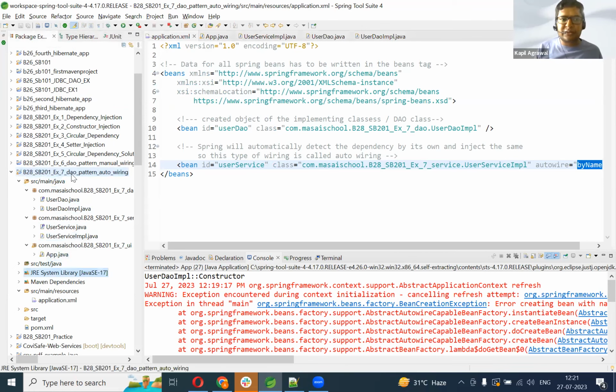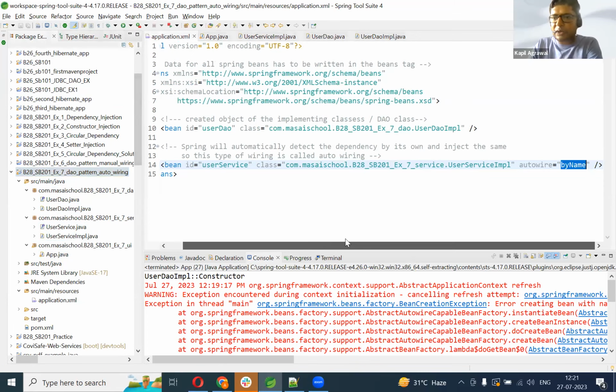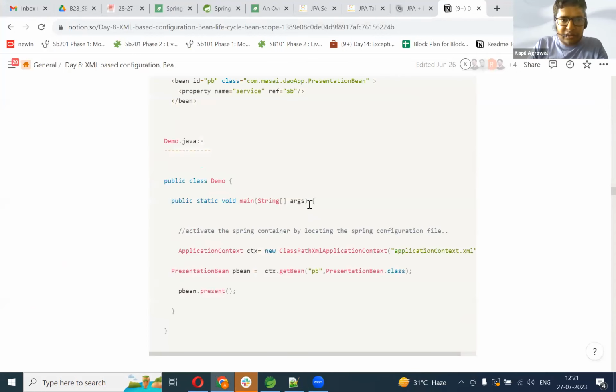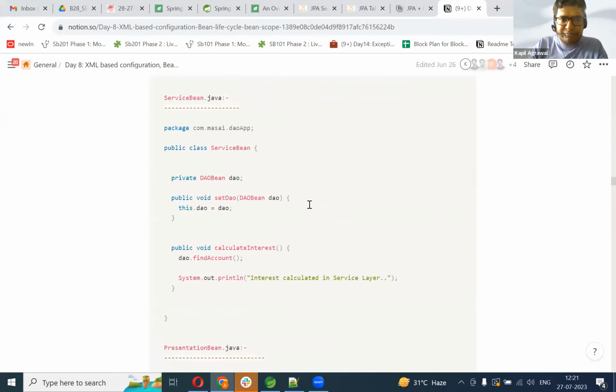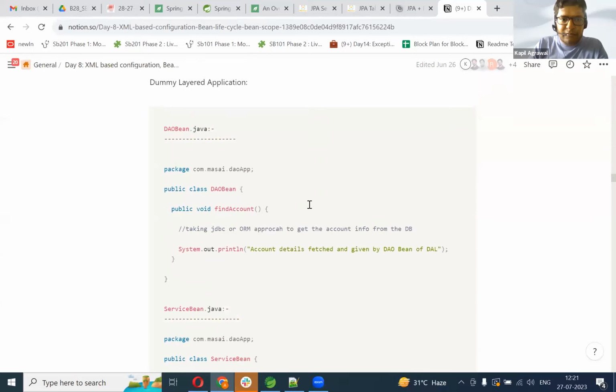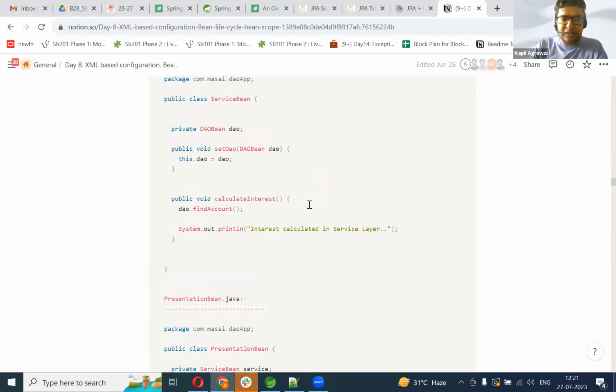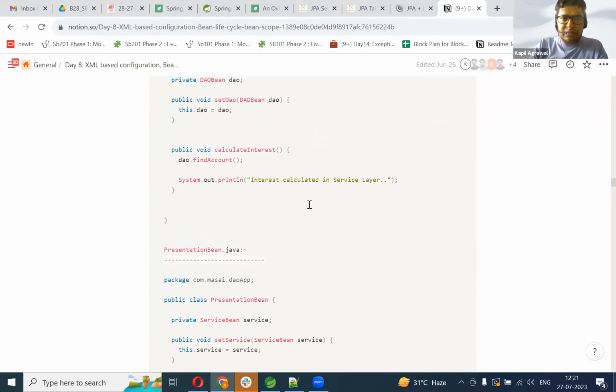No problem in this case. We have cleaned the project also. Still it is depending on the default constructor when I am writing autowire by name. When I'm writing autowire by name, still it is creating a problem. Just a second. The DAO is available, then the setter method is available. After the setter method, then